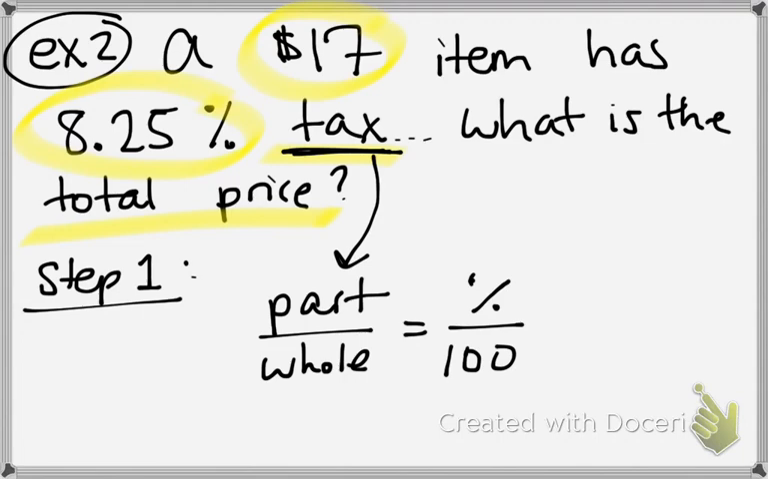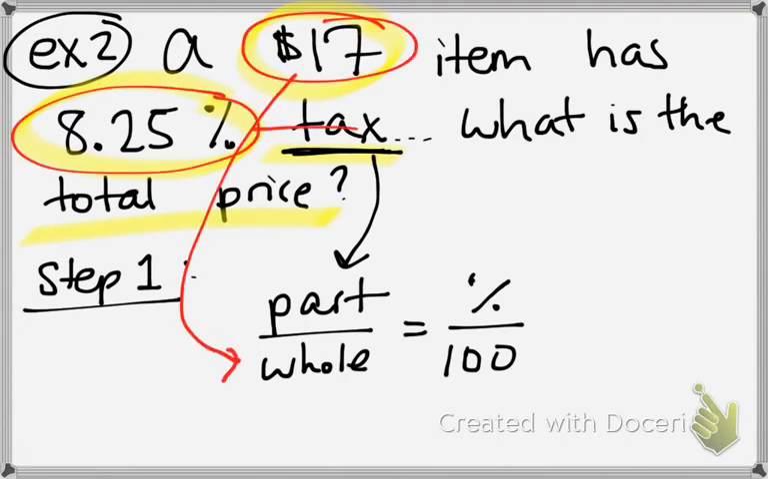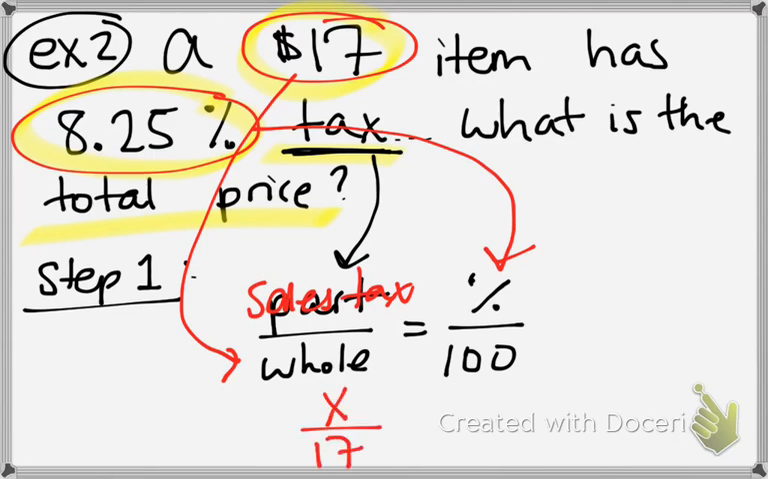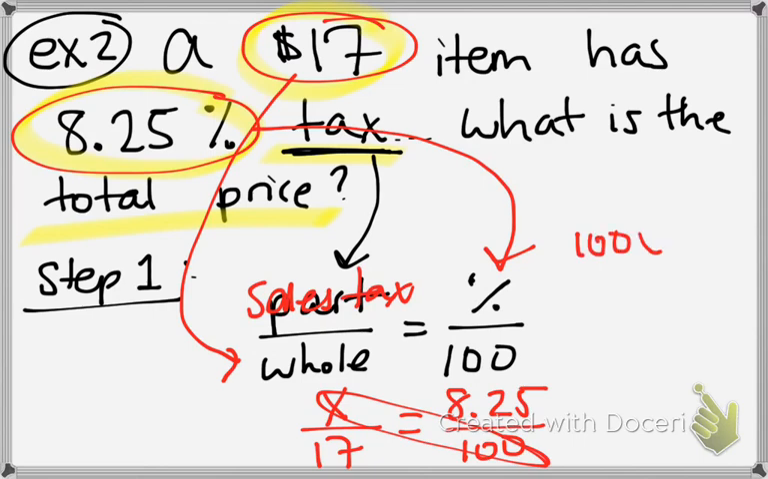So 17 is my original. 8.25 has a percent sign, so it's my percent. And we're looking for the sales tax. So I have x over 17 equals 8.25 over 100. Cross multiply. 100x equals 17 times 8.25, which is 140.25,